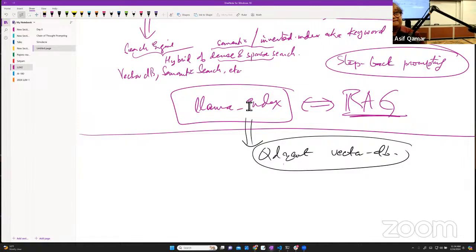They do this vector database quadrant or any upcoming databases. Do they have a